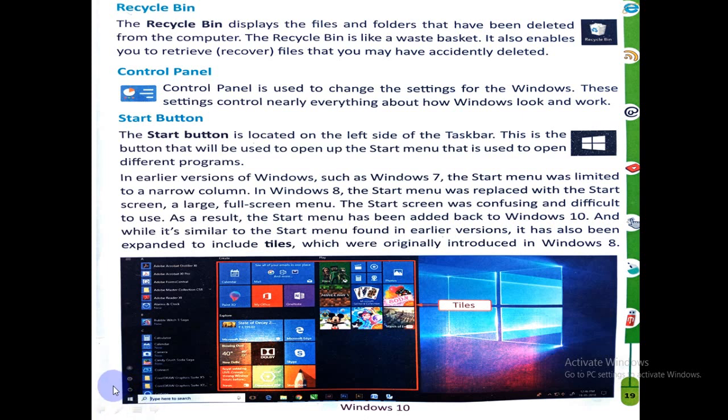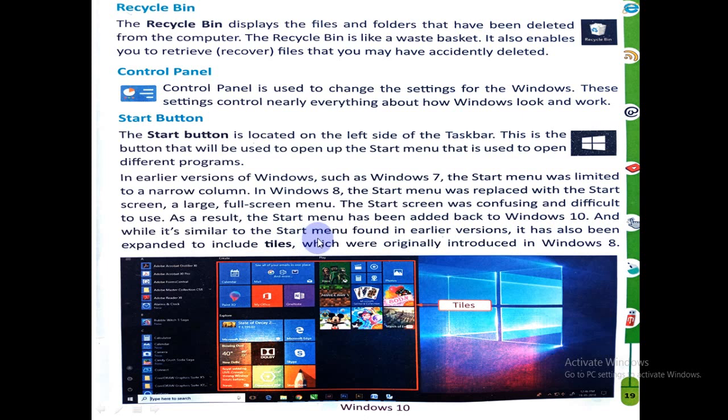Now basically, the Start button which you can see in Windows 10 is located on the left side of the taskbar.